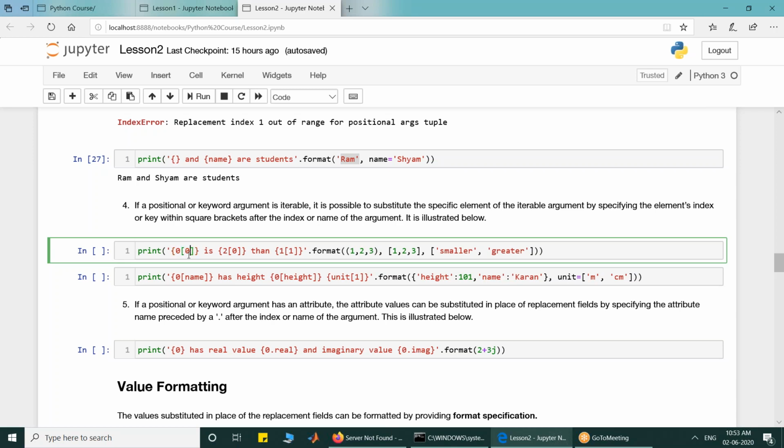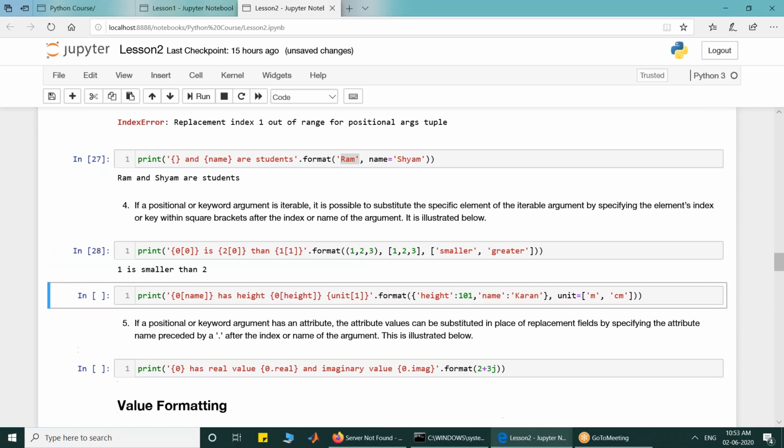So 0[0] means first argument, first element, which refers to 1. 2[0] means 0, 1, 2, second positional argument with index 2, that is this, and its 0 element, that is smaller. And 1[1] is this 2. So if I execute it, it says 1 is smaller than 2.